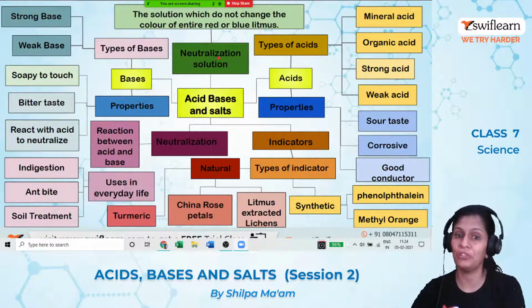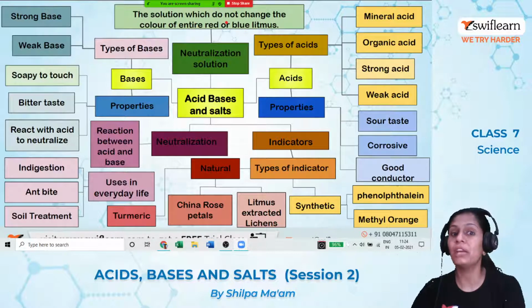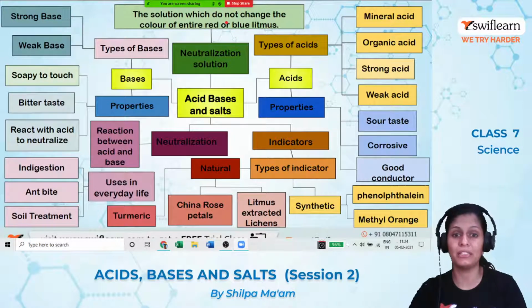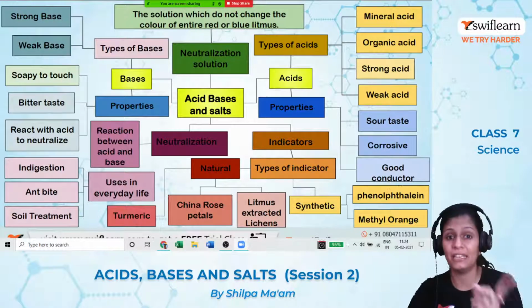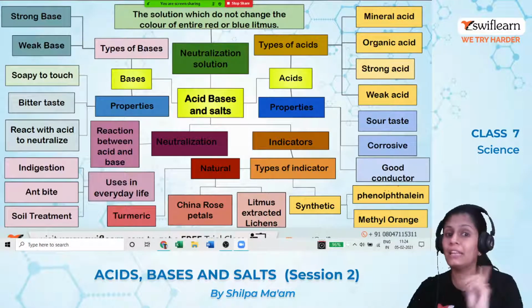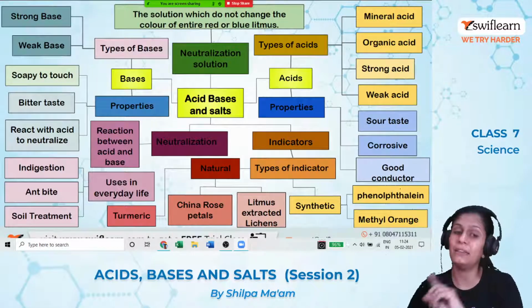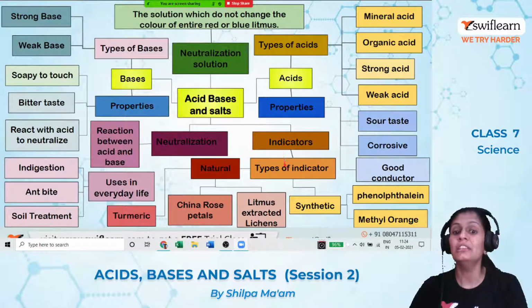Neutralization solution में phenolphthalein को अगर हम लेंगे तो वो क्या करेगा, किसी का भी कलर चेंज नहीं करेगा, ना रेड लिटमस का ब्लू में ना ब्लू लिटमस का रेड में, क्योंकि न्यूट्रलाइजेशन सोल्यूशन का जो रिजल्ट है वो न्यूट्रल है, ना वो एसिडिक है ना वो बेसिक है। लेकिन अगर वो एसिडिक होगा तो वो रेड लिटमस पेपर को ब्लू में नहीं करेगा, ब्लू को रेड में करेगा, और बेसिक रेड को ब्लू में करेगा।